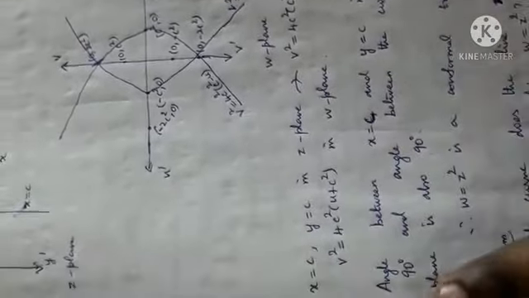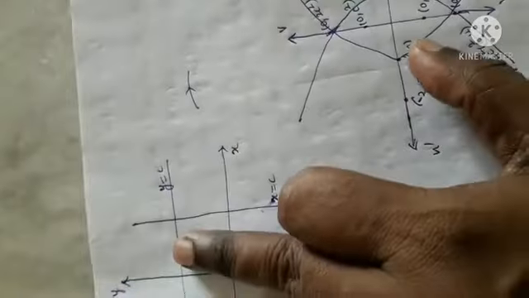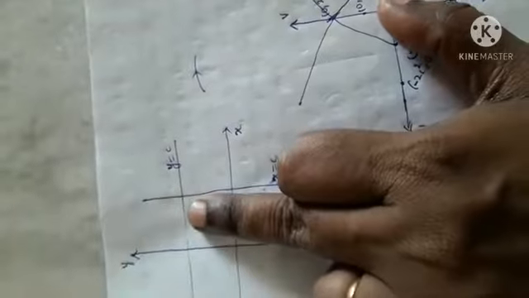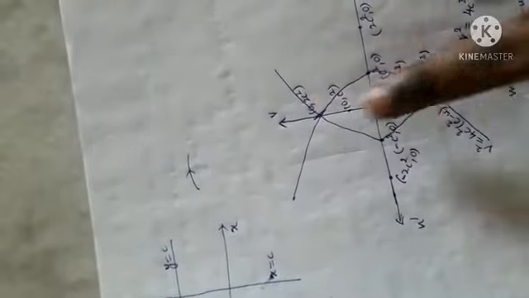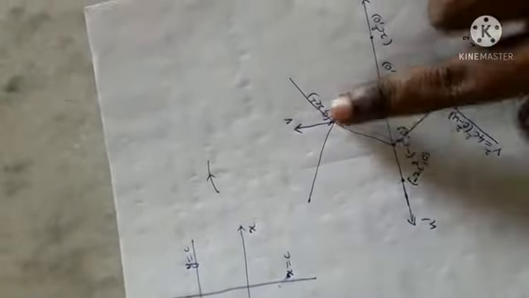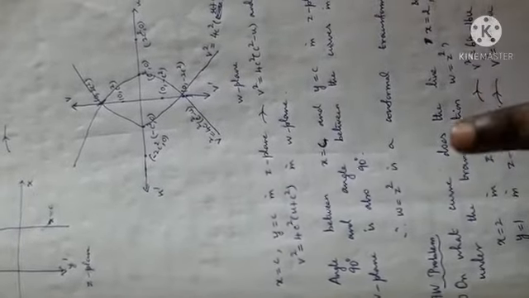They have included some more. See, when x equal to c1 and y is equal to c1, they both intersect at this point where the angle made by these two at the point is 90 degree. Similarly, at these two intersecting points, the angle at the intersecting points is 90 degree, right? We know the definition of conformal mapping. If there are curves in z plane that meet at z0 and they have images in w plane that meet at w0, and the angle between the curves at the point z0 and at the point w0 are the same, then the transformation is a conformal transformation. So this transformation is a conformal transformation, right?